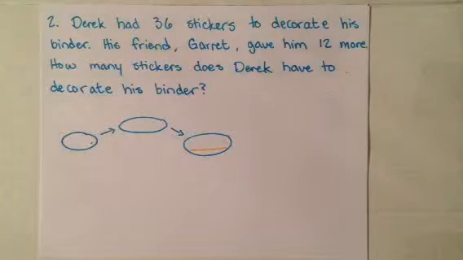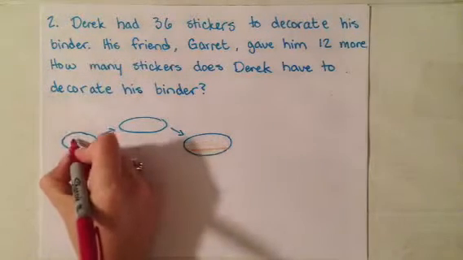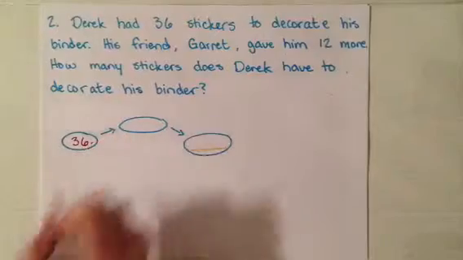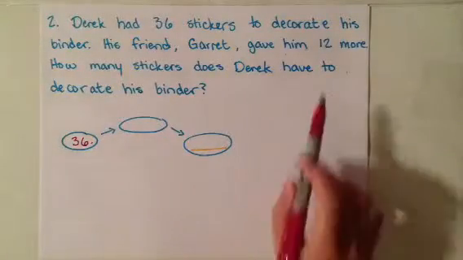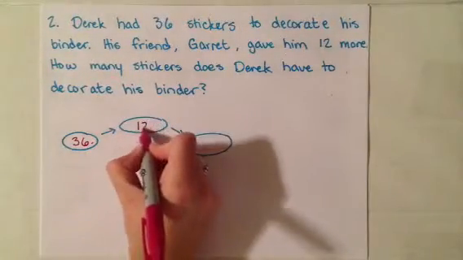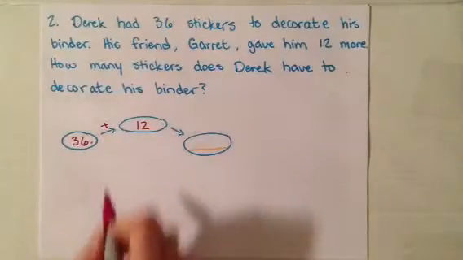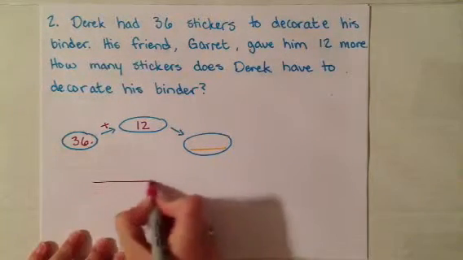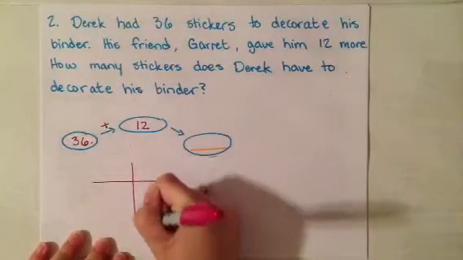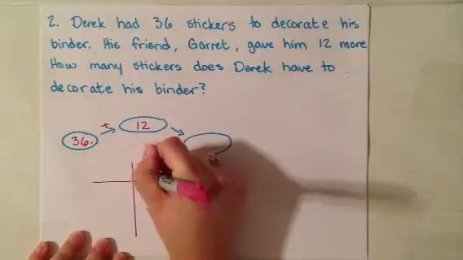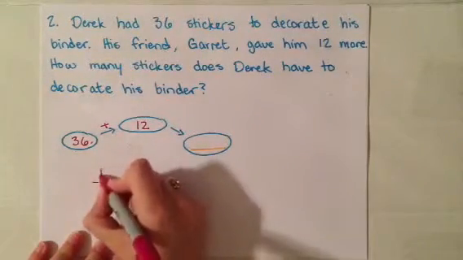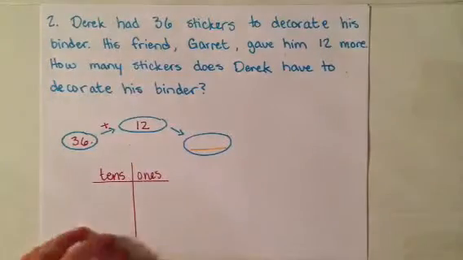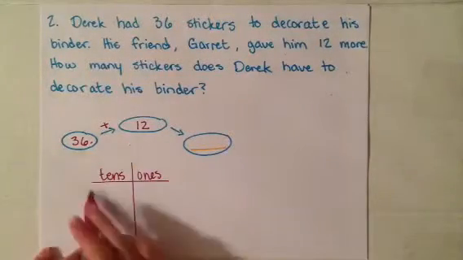So he started out with 36, and his friend gave him 12 more. 12 more, and I'm going to put a plus sign here to say that he added it, and that was the manner of change. So if we were going to represent this, I'm going to draw us another table. We have 2-digit numbers, which means we have ones, and we also have tens. For the first number, we have